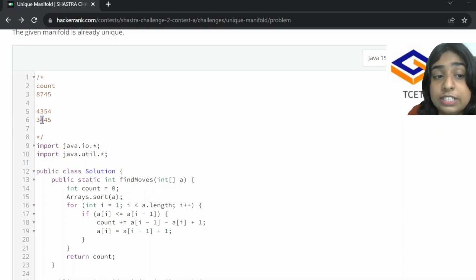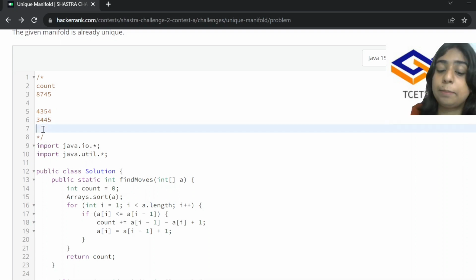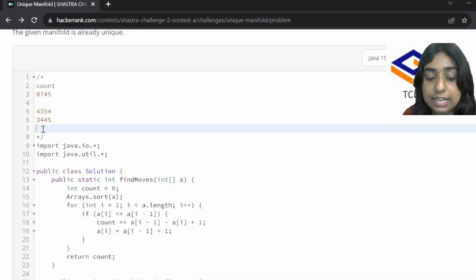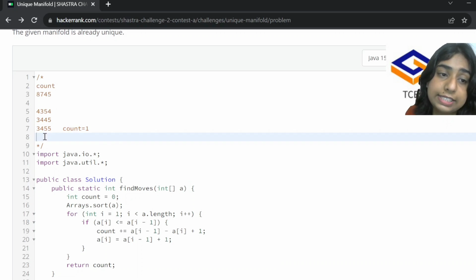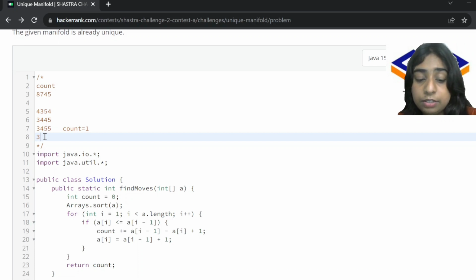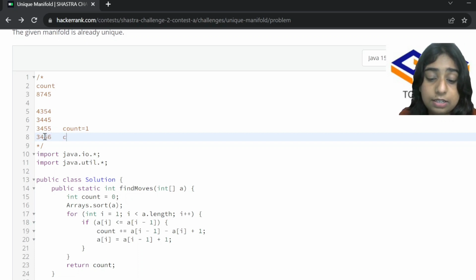So if you see 4 is not equal to 3, then you don't have to make any change. But here 4 is equal to 4, so we can perform a +1 operation over here, since that's the only operation you are allowed to perform. So this will become 3, 4, 5, 5, and the count will be incremented by 1 because we performed the operation one time. And then you would look at the last element and compare it to the previous element, which is again the same. So then you would have to perform the increment operation one more time and make it 3, 4, 5, 6, and the count would be